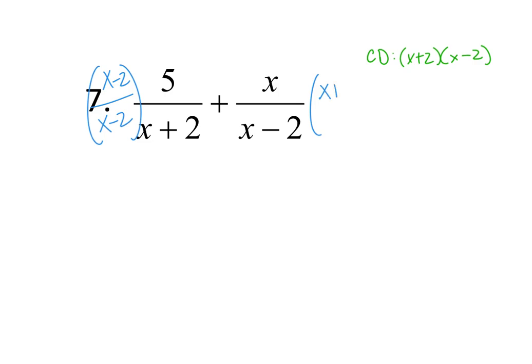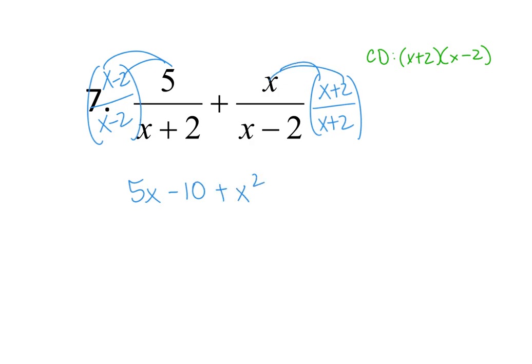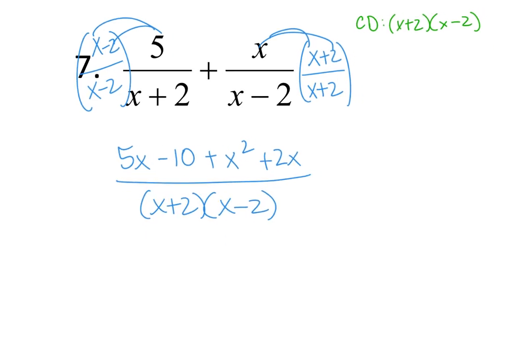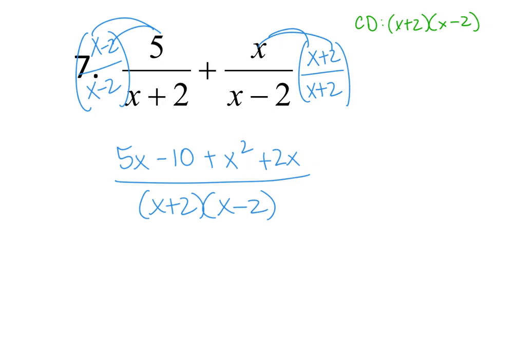Second fraction needs the x plus 2. Okay, and distribute. So 5x minus 10 plus x squared plus 2x all over x plus 2, x minus 2. Okay, highest to lowest power: x squared plus 7x minus 10 all over x plus 2, x minus 2,